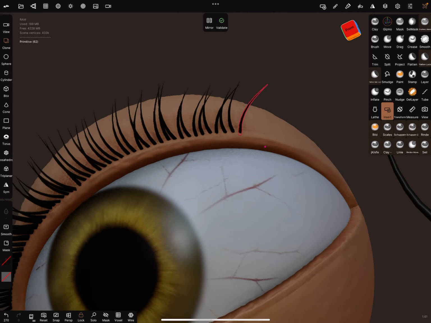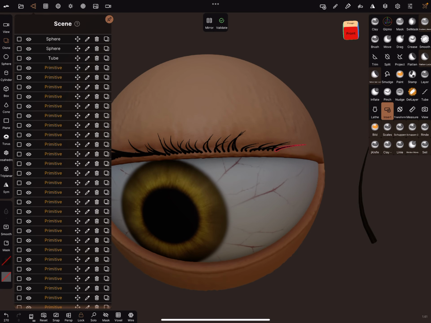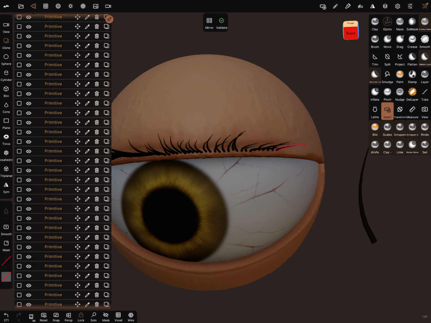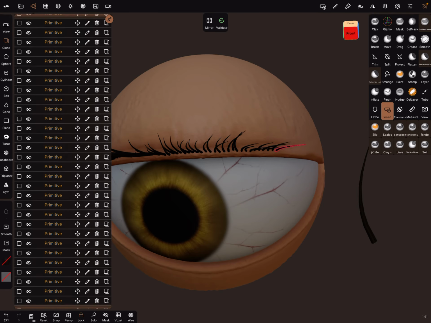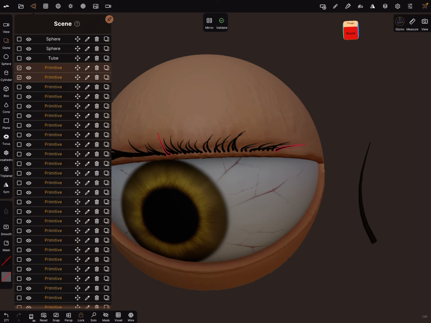Okay, when you're fine with your work, look at the scene menu, and you have a lot of objects here. The fastest way to bring them all together is to use the pencil and draw along on the squares.